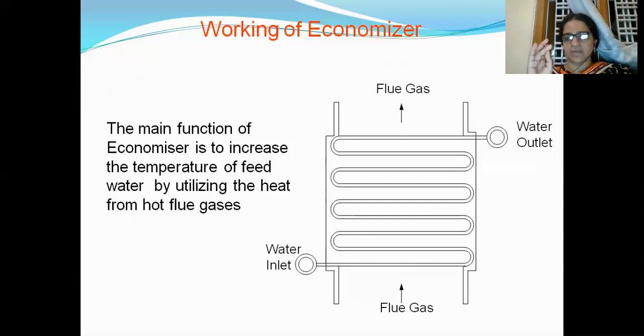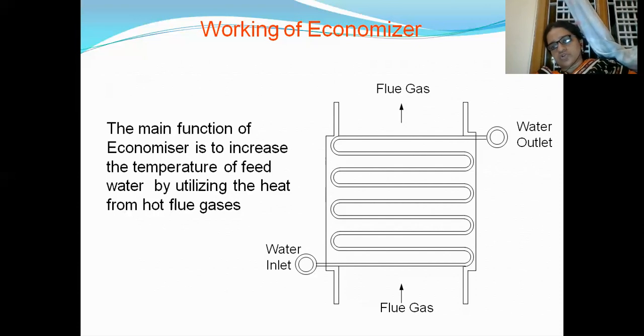Economizer and air preheater use the heat of flue gases. What are flue gases? Flue gases come out of the boiler. They are the waste gases which should be removed from the boiler compartment. These flue gases are liberated during combustion, and should be expelled from the thermal power station through the chimney.